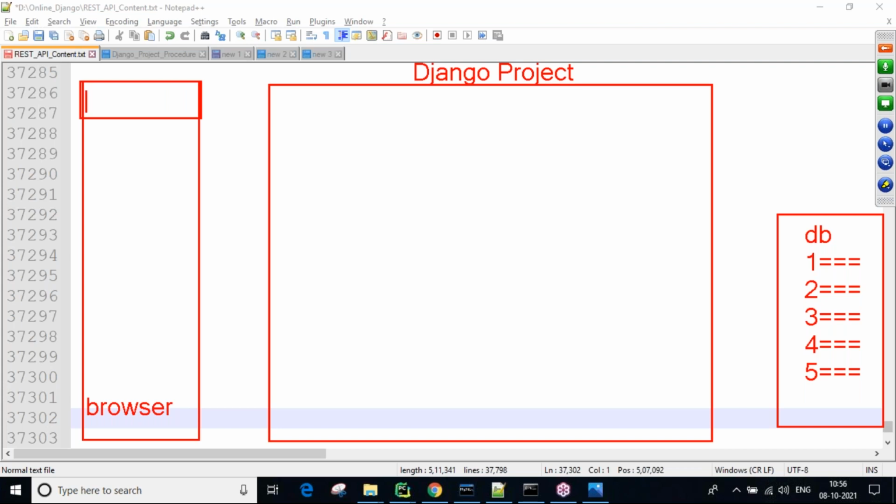Like HTTP colon slash slash localhost, something we are typing. Simply, I'm going to take 8000 slash fb slash, like that. FB means Facebook, GM means Gmail, UT means YouTube. Simply an assumption, guys.